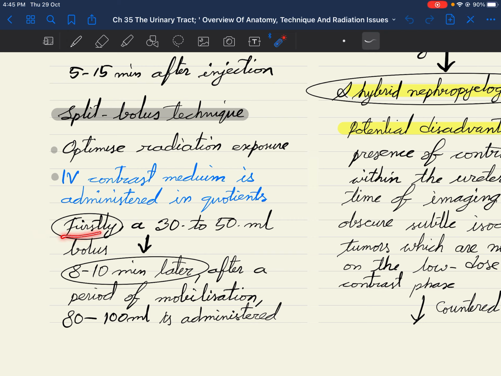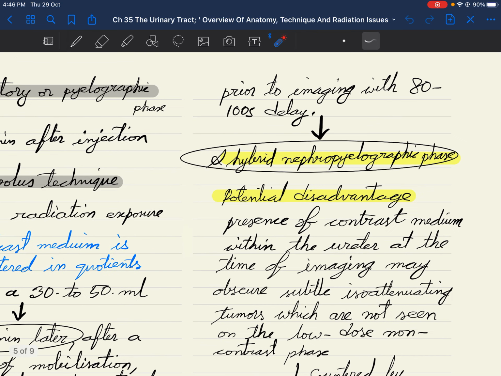Firstly, we administer a 30 to 50 ml bolus and then we wait 8 to 10 minutes. Then we administer 80 to 100 ml contrast medium and then we wait for 80 to 100 seconds to acquire our